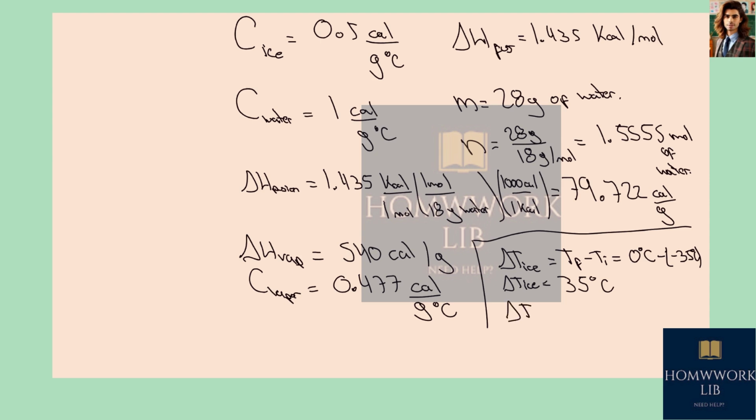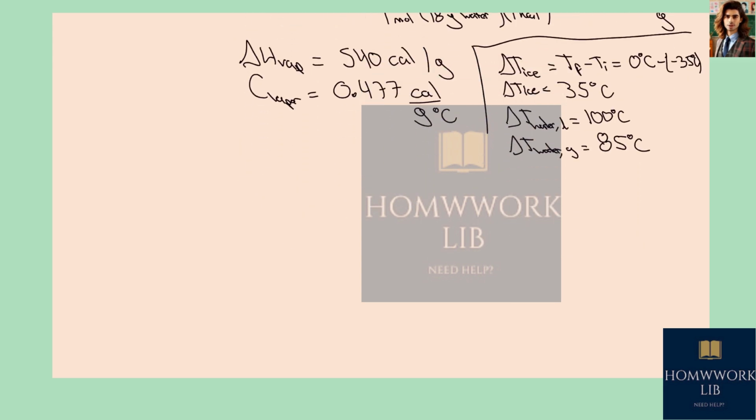Next up, delta T of liquid water is going to be equal to 100 degrees Celsius because we want to go from 0 all the way to 100. And finally, delta T for water as gas is going to be equal to 85 degrees Celsius because we want to go from 100 to 185. Nice. So now the amount of heat that we're going to require is going to be equal to